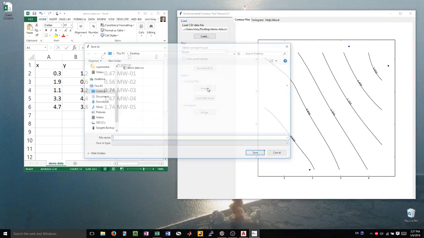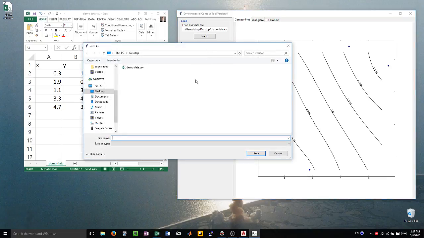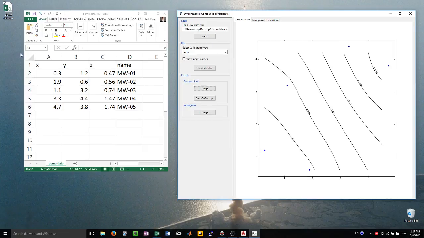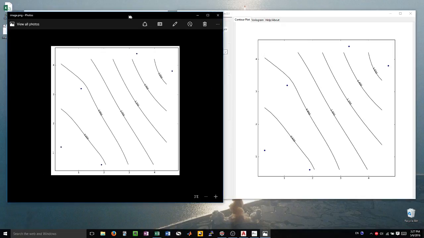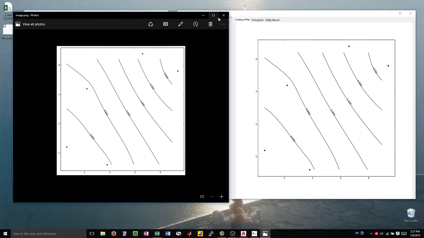So I'll hit this image button, and this opens up a standard save file dialog box. I'll call it image and save it to my desktop. Give it a second to work. And it saves a PNG image file of this exact plot that you could send in an email, share very